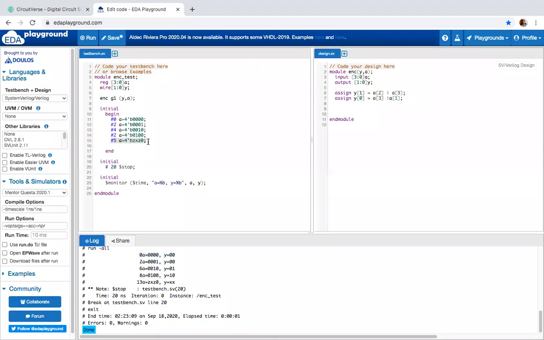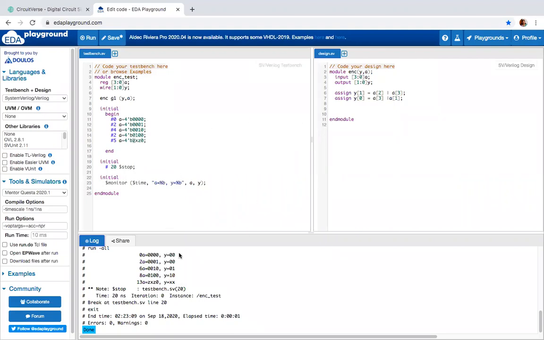But for the last test case, ZX, Z0, ZX, Z0, you'll get the output as y is equal to XX because it is an OR operation over here, A3 or A1. So here it will consider whatever is A3. A3 is Z. And what is our A1? A3, A2, A1. Z or Z will be XX.